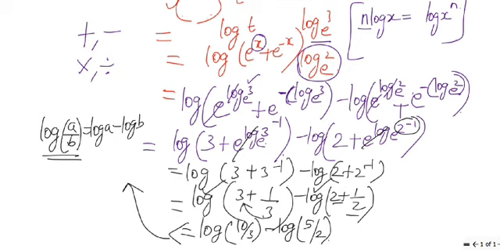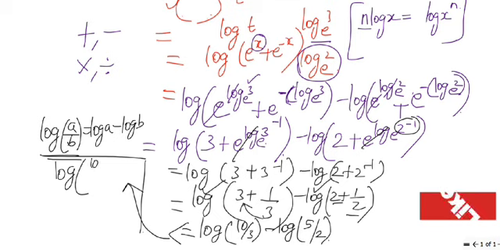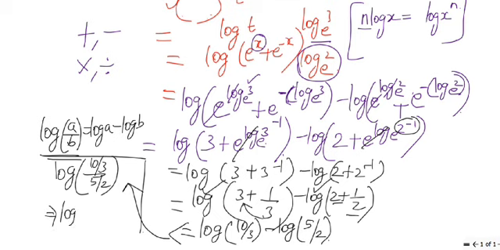Now this we are going to write in this format. So log of a over b. So 10 over 3 over 5 over 2. That means we can cancel the numbers because the bottom fraction can be written